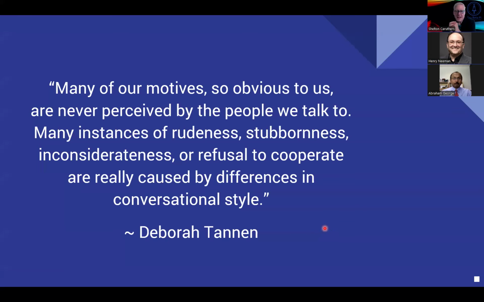And so Deborah Tannen said this quote a while back, saying, "Many of our motives, so obvious to us, are never perceived by the people we talk to. Many instances of rudeness, stubbornness, inconsiderateness, or refusal to cooperate are really caused by differences in conversational style." So, for example, I may say, "Oh, it would really be nice if you did so and so."